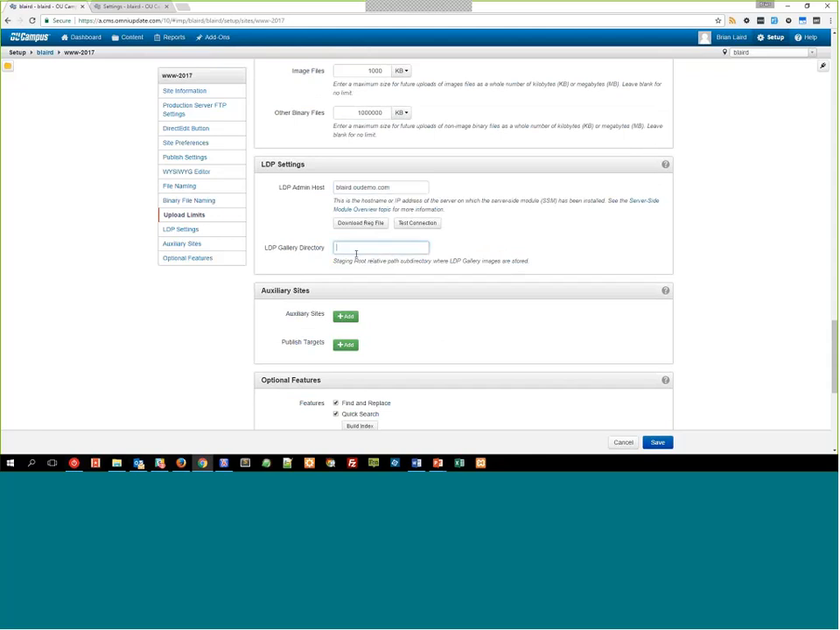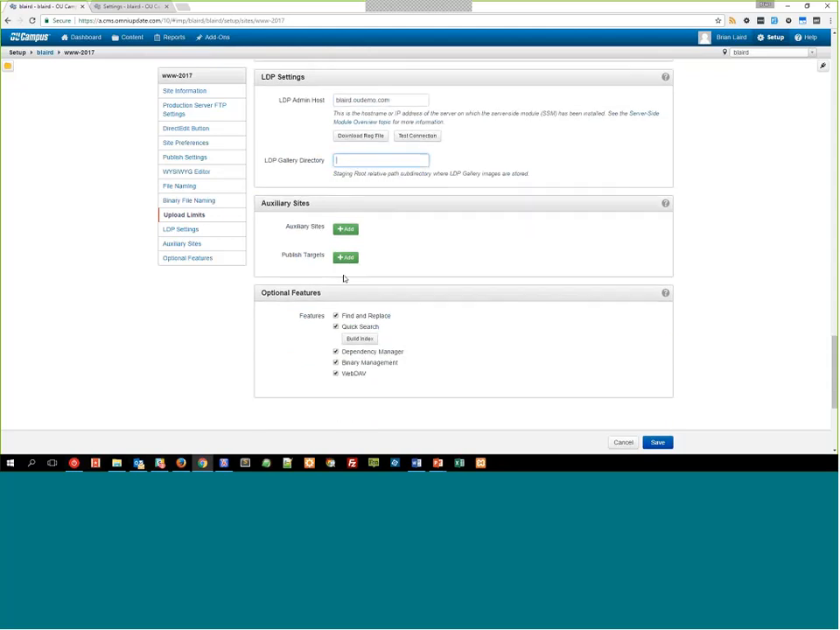And then this directory would be if you're using LDP galleries. When you create those gallery assets, this allows you to specify where those images are stored for the galleries. So that's another path that you can put in there. And the one other piece that I wanted to point out once we created the site that we didn't see